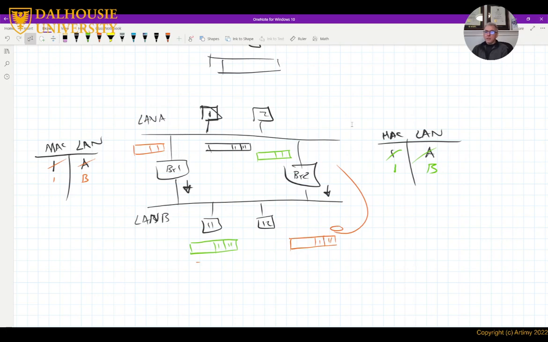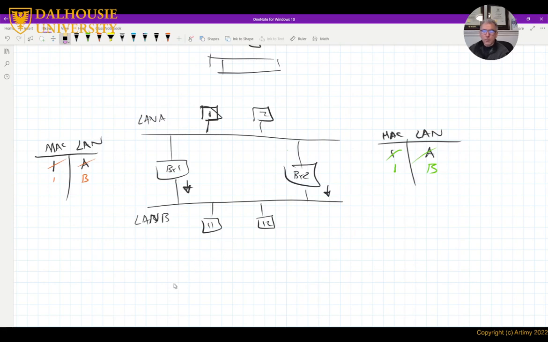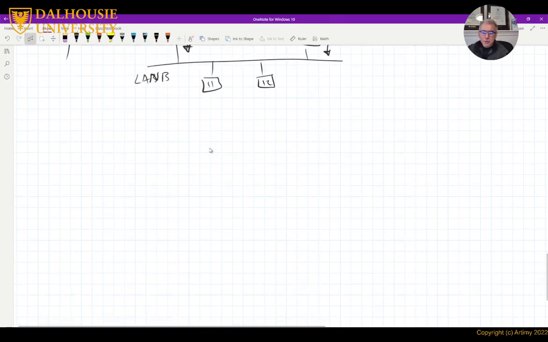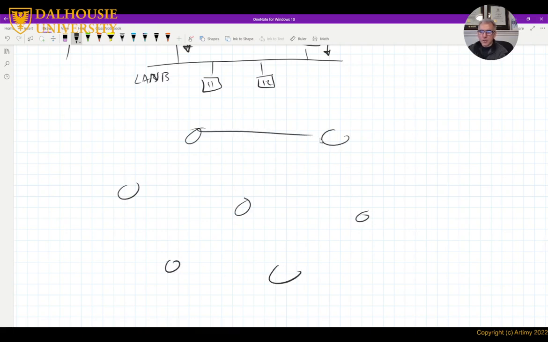To do that, we have to rely on another mechanism in addition to the MAC learning. We need to break the loops. So if I have a network, let me draw a network in a different form. If I have a network that consists of multiple loops, these are bridges, right? And these bridges are connecting to each other.